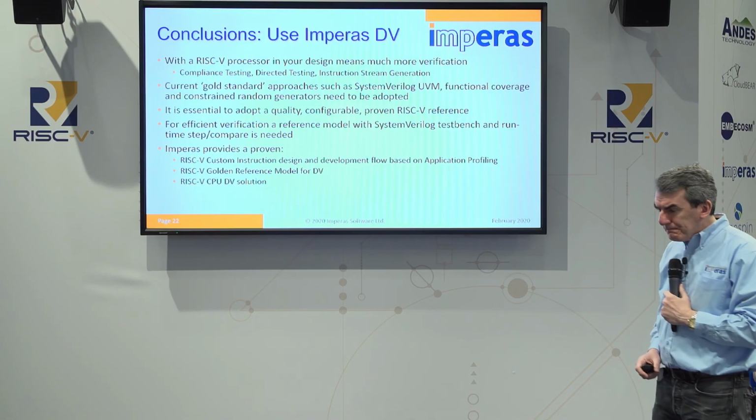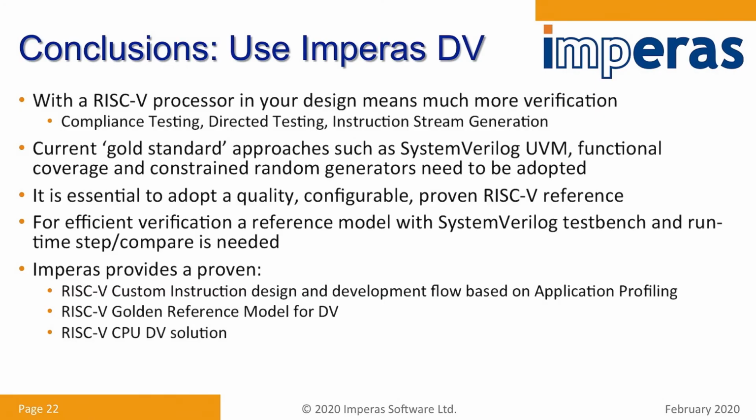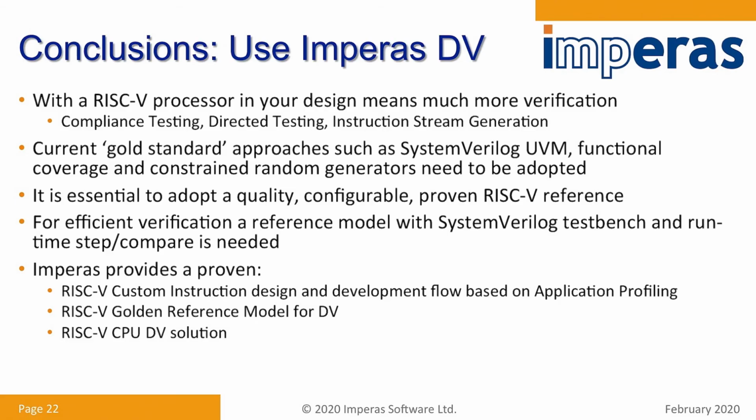So the conclusion, the RISC-V processor is a great attribute for your design, and including that is going to give you many advantages, but you need to look at the test and verification as you work through your design flow. As a golden model, we represent an ideal reference point to help with the verification process. It's very efficient, it runs at full speed, you can develop your full software. And what we recommend, as you look at your custom instruction, as you extend the capabilities, as you look at an open source processor or develop a processor yourself, look at the test plan and look at the DV flow.